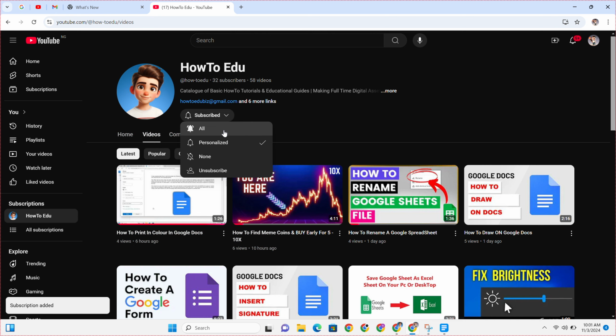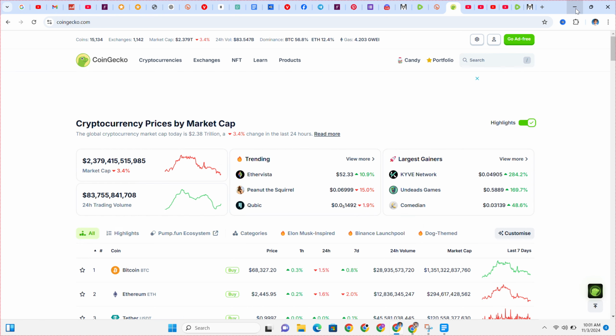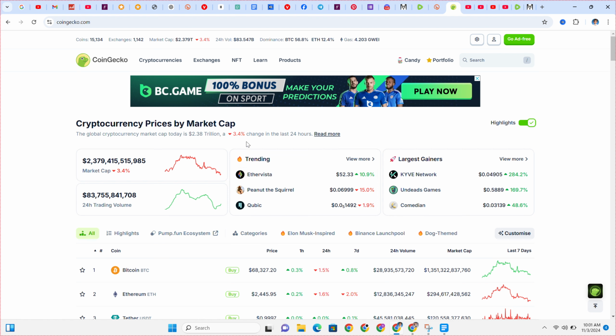Now, at first, you need to be logged into your Coingecko dashboard, right? This is our Coingecko dashboard. And what I'm going to do now, I'm going to show you how you can add some coins to your